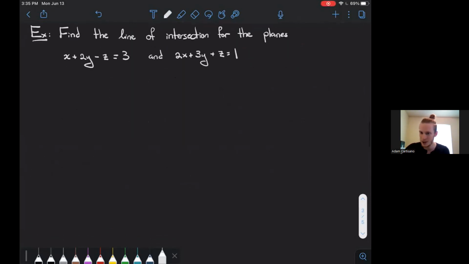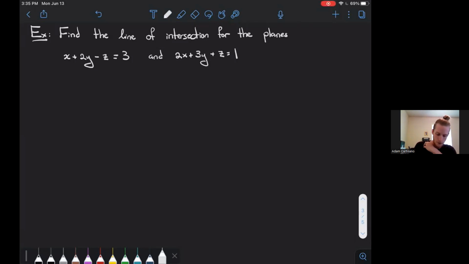Okay, great. So let's do a geometry type problem rather than keep everything in the realm of algebra, right? So we're given the equation of two planes. Now then we're asked for their intersection line. So we first have to ask, do these planes intersect? And the answer is yes, because